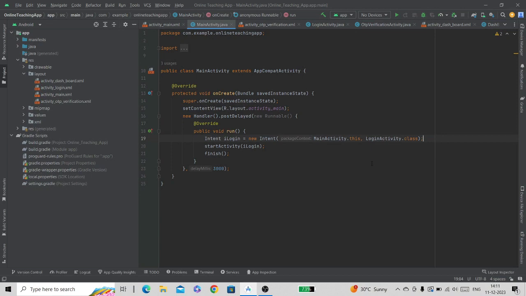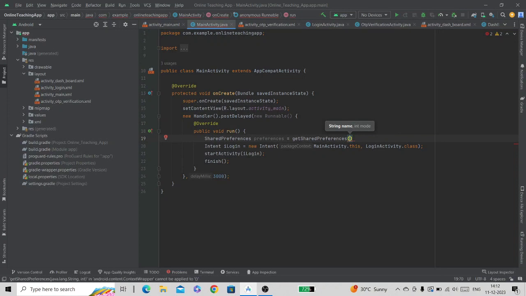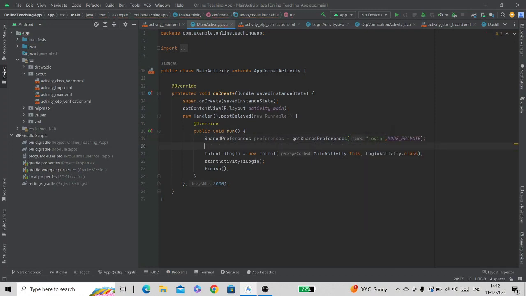For that, we will create a shared preference here. SharedPreferences preferences equals getSharedPreferences. Inside this getSharedPreferences, we will pass the name of this shared preference. We will give the name login, then we have to pass the mode. So the mode will be MODE_PRIVATE, and then we will create a boolean variable here which will store the true or false value from the shared preference.